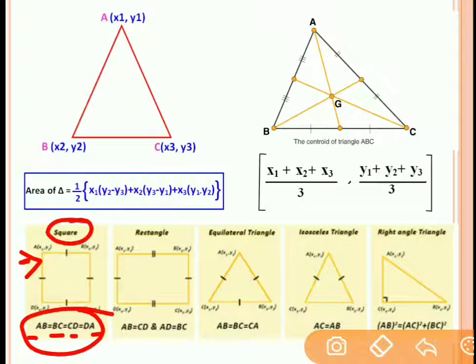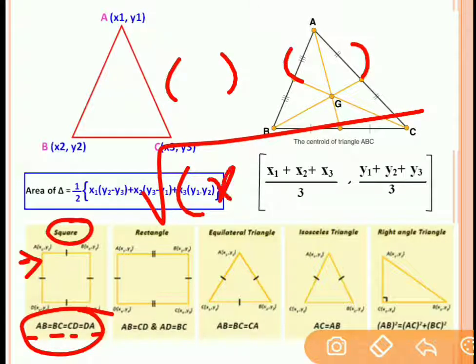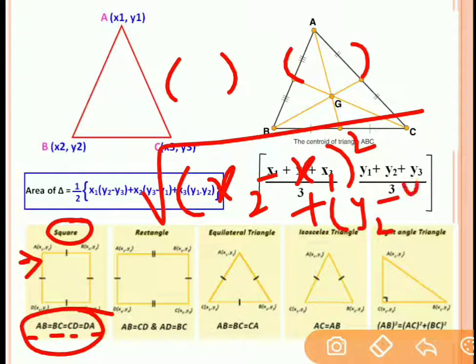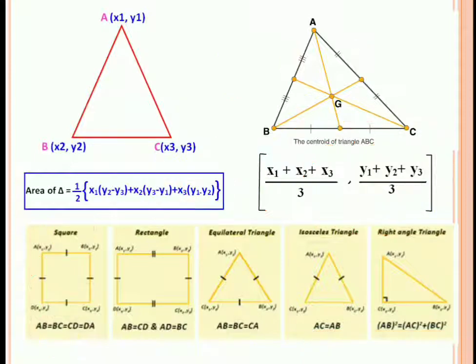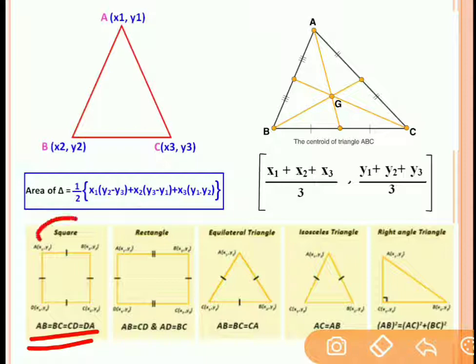If all the distances are equal, then the given quadrilateral is a square. How to find out the distance AB? If two coordinate points are given, then the distance can be found out by under root (x2 minus x1) the whole square plus (y2 minus y1) the whole square. We know this as a distance formula from the previous slide. So using the distance formula, we can find out the distance between A and B. Once the distance between the 2 points A and B is found out, we have to find out these 4 distances. And if these 4 distances are equal, then the given quadrilateral is a square. Now suppose that if you get AB is equal to CD and AD is equal to BC, then you can say that the given quadrilateral is a rectangle.